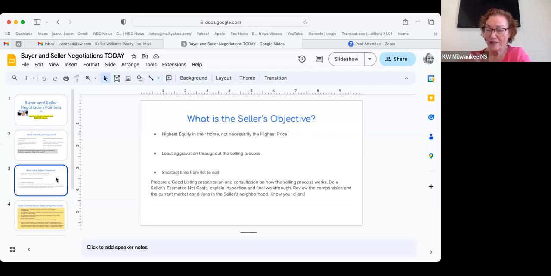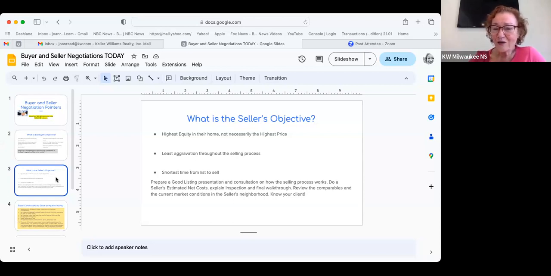I had a call once a long time ago when I was an agent, and this guy called and he said, I'm looking for an agent who can give me the lowest commission. And I'm going to pick the agent that says they'll do it for the lowest commission. And I said, funny, I would think you'd want the highest equity. That stopped him in his shoes. He said, what do you mean? I got the listing because of that, and at 6%.